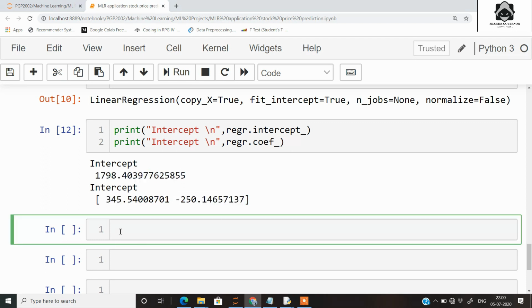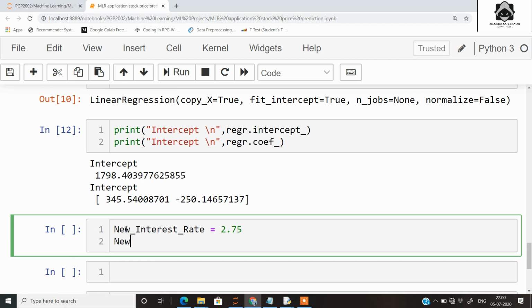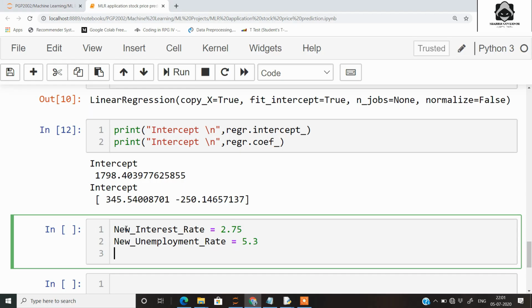Now to do the prediction for any new interest rate and unemployment rate on the model that we have trained here, we just need to declare a new interest rate. I will be declaring this as 2.75, and we will be declaring a new unemployment rate. To predict the value of the stock price using these new rates, we just need to call the predict method on the model object that we have built, and in the predict method we need to pass both of these.